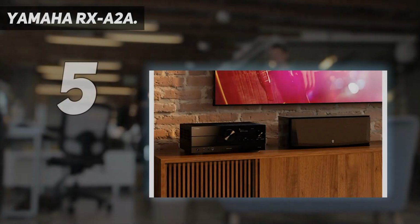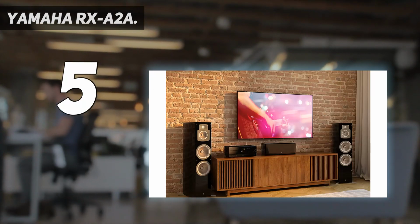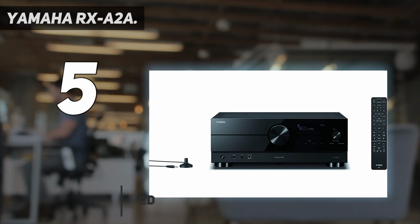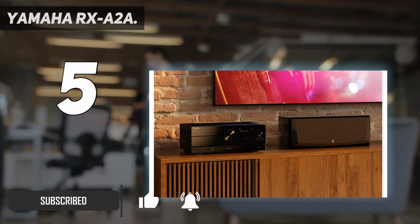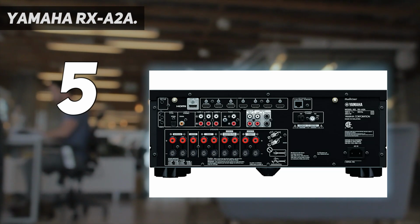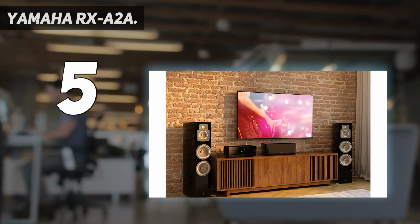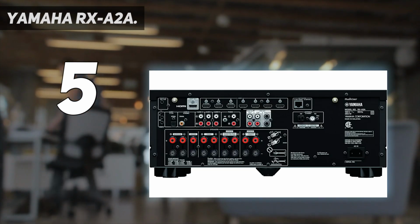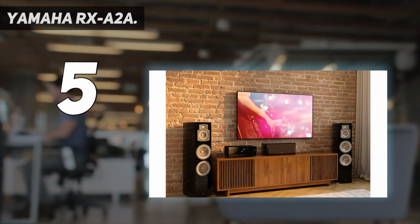Yamaha RX-A2A. Part of Yamaha's premium Aventage range, the RX-A2A is the beneficiary of a glossy aesthetic revamp as well as an injection of next-generation connectivity that will future-proof it for the coming years. With 7 full-range channels of power, each rated at 100 W into 8 ohms in stereo conditions, plus 2 subwoofer outputs, the RX-A2A can handle up to 7.1-speaker configurations or, if using the supported Dolby Atmos and DTS:X decoding,